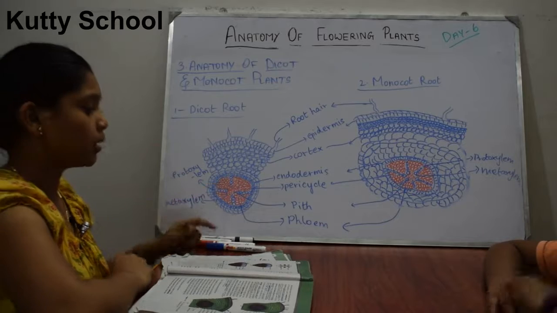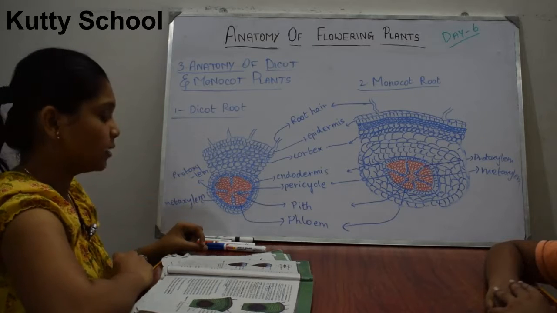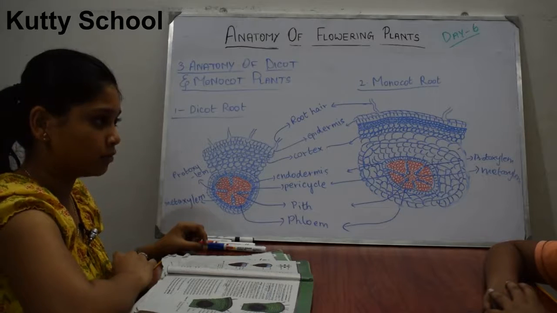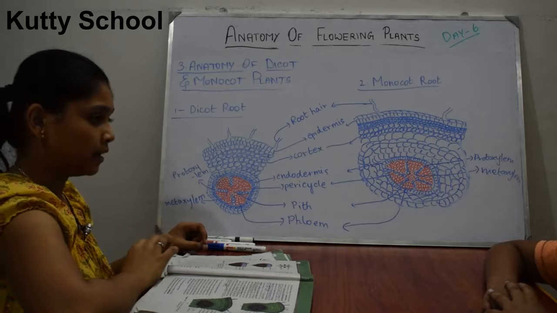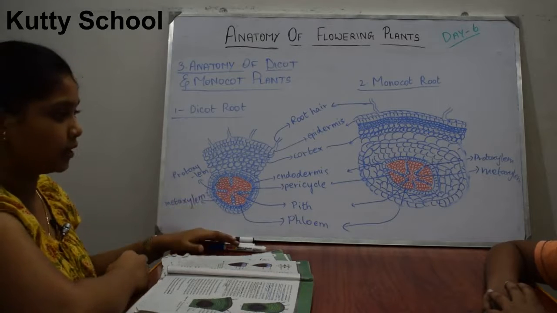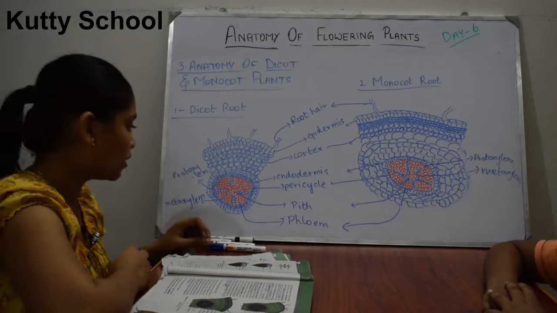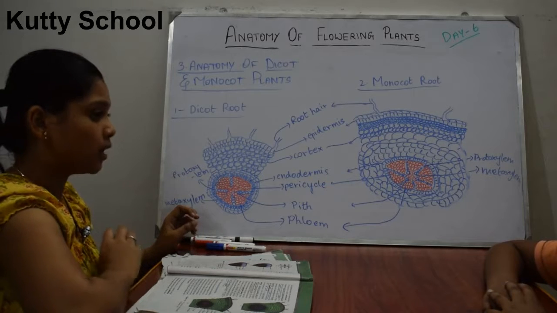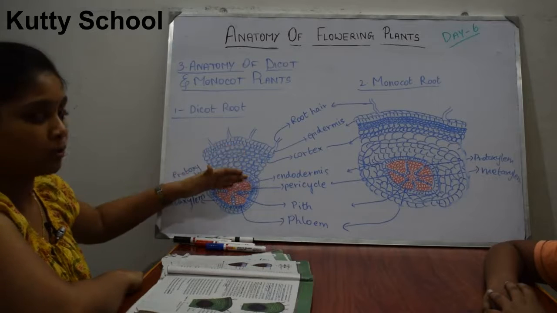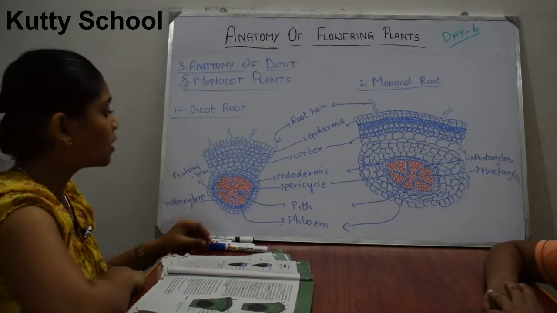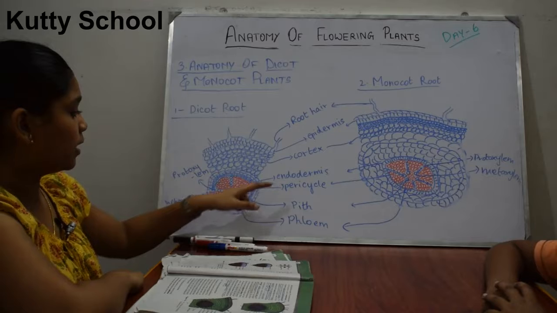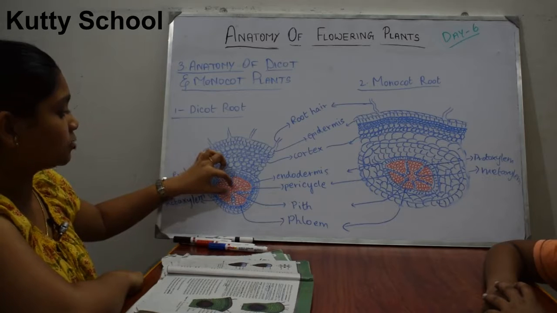This endodermis is composed of Casparian strips, which are made up of suberin. It is a waxy layer and it is impermeable to water. It does not allow water inside, and it selectively allows passage, not fully. It contains a waxy layer called suberin, and this is very, very important. And after the endodermis there comes the pericycle, where lateral roots develop, and after that the center part is known as pith.